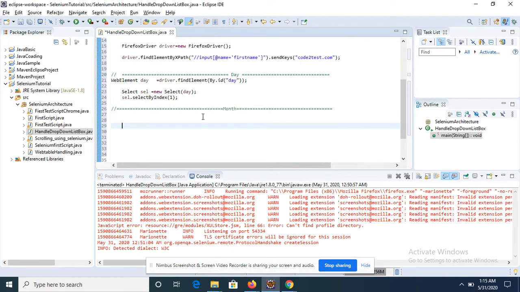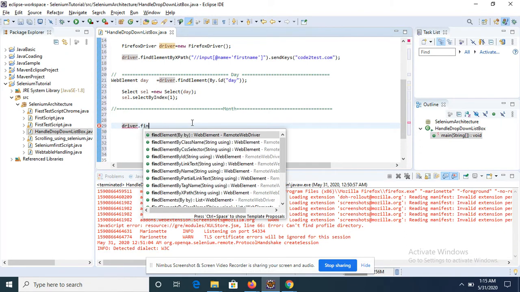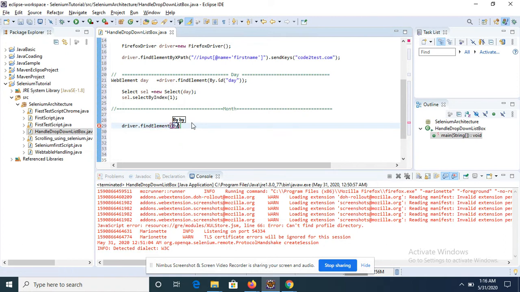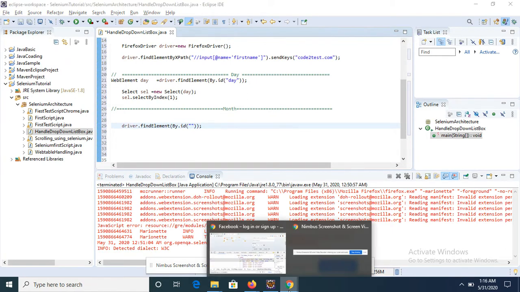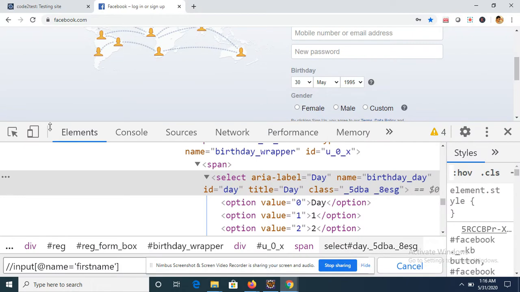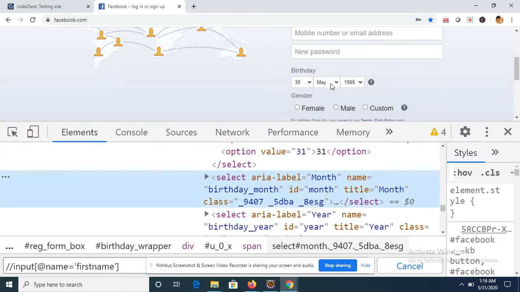Things would be the same. Again, we have to call the driver instance dot find element by dot id. I'll take id. So I just called id over here for this month. Let's check the XPath. You see that id is present over here.